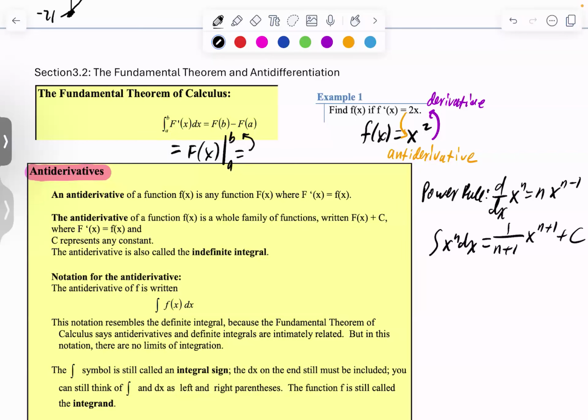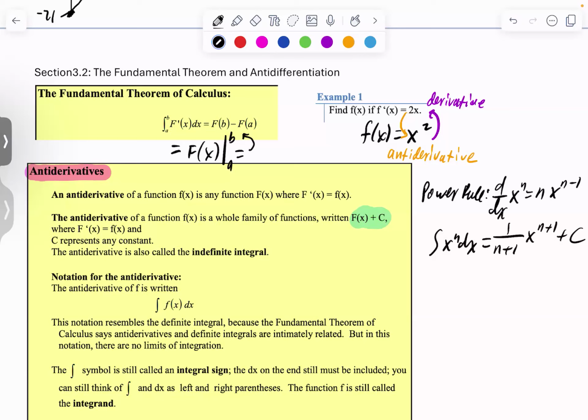The antiderivative of function f of x is a whole family of functions. And what we're going to run into is F of x and then the plus c, where c is any constant. The reason that we need that plus c is when we're dealing with what's called an indefinite integral. And by the way, the fundamental theorem of calculus is what we call a definite integral, meaning there are boundaries a and b, whereas the indefinite means that there are no boundaries. So we will need that plus c. And the reason is,